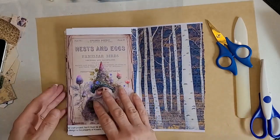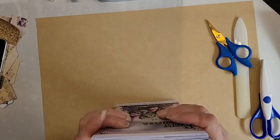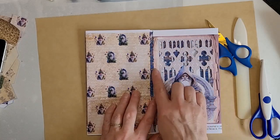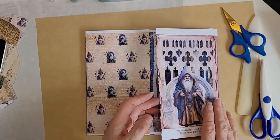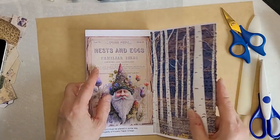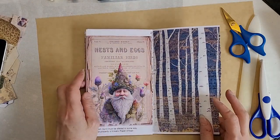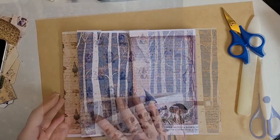Whoops. Hold on, let's just get these level again. Where did we get to? We've got here. Yeah, this is too close here. There's a couple of wee bits where it's even touching the fold, so I need to trim a bit more off that one. Let's have a look at the other side while we're here and see if it needs any. Well, the other side, because it's got the shut on there, is actually okay, but we do need to trim a bit more off this edge. Okay,